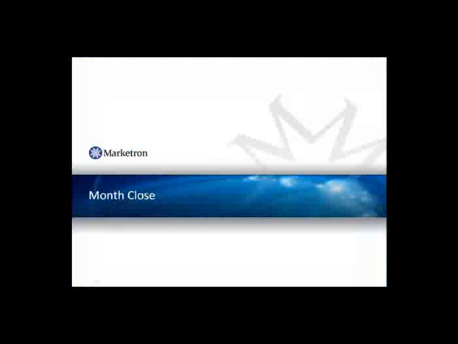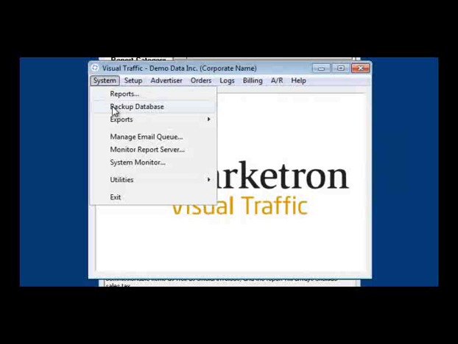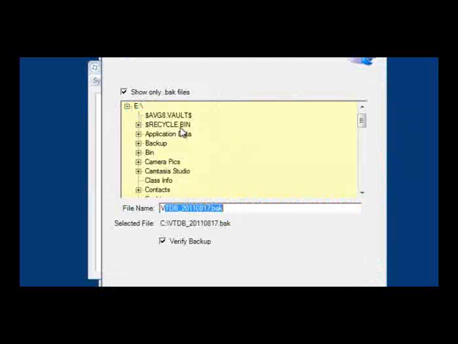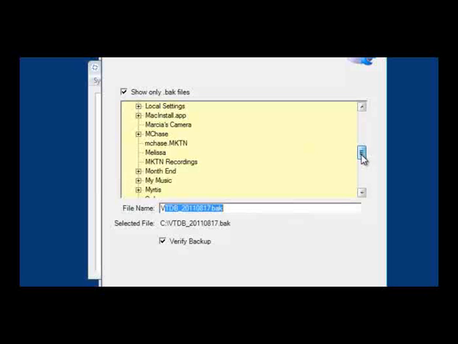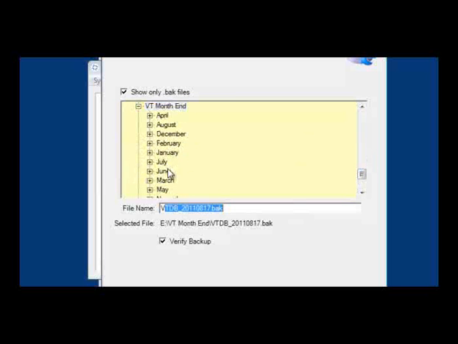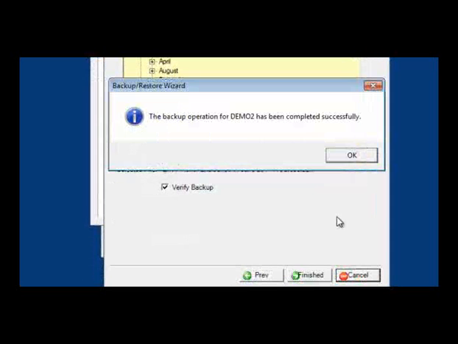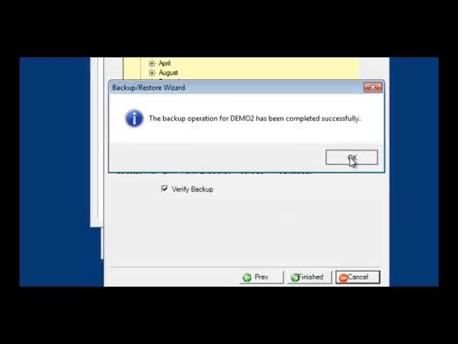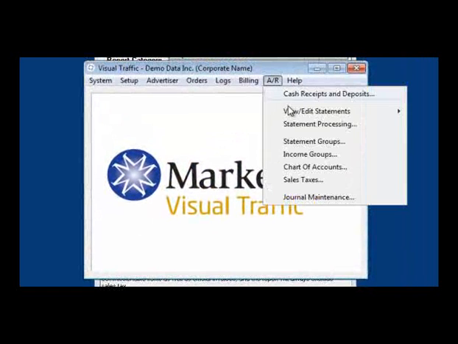Month close. We're ready to close the month. Once again, we are going to make a backup, and this backup will be called pre-close.back. VT month end and expanding it, clicking on the month, so you will have a backup from every stage of your billing process. Next. After your backup is completed, go ahead and click OK, and then come back to AR,